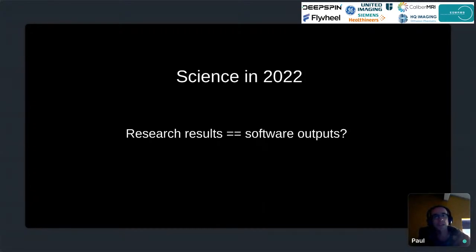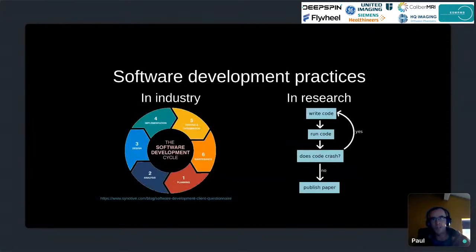And it's these research results, along with our own custom software, that we are all building upon to generate our own research results. So we're placing an enormous amount of trust in both the commercial and freely available software packages that we use and the custom software scripts that we or our students or colleagues have written. And I think there's a bit of a problem in having such blind faith in the software that we're using,